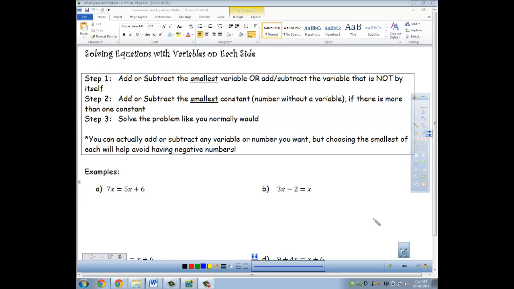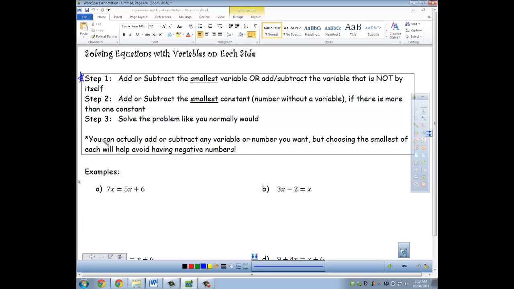Hey, today we're going to be talking about solving equations with variables on both sides. Up until now, we have only looked at equations that have one variable, and that's it. So some of these problems will look very similar once we do our first step. I have outlined 3 different steps that we will do, but really the only new step is step 1, and